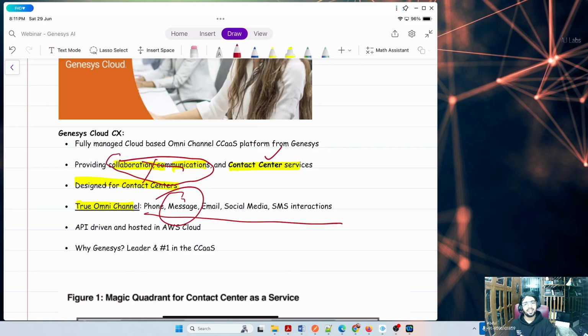They also have collaboration features, like you can do a video call, but I don't see anybody doing a video call using Genesys. That's not what the product is designed for. So if you have that requirement, we usually go with WebEx, Zoom, or Microsoft Teams for video calling, internal collaboration, scheduling meetings, all those things. Though Genesys has it, we don't use it for that purpose, as it is purpose built for contact center. Okay, understood.